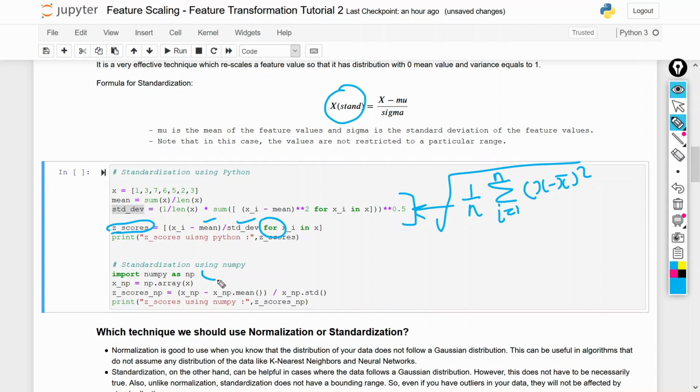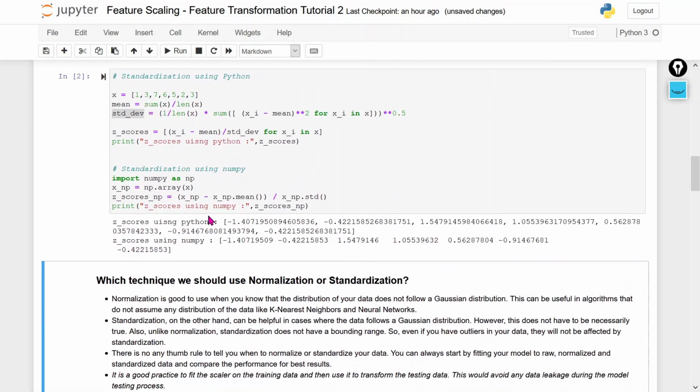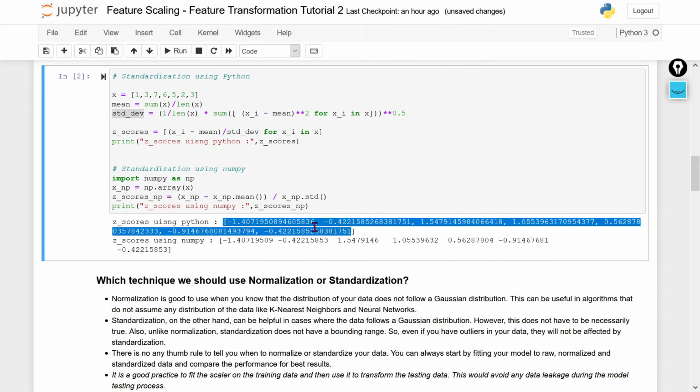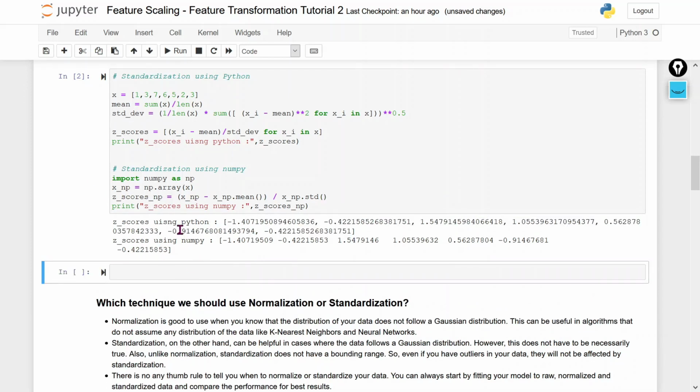The same thing we can easily do in NumPy. You can see this is your array, then this is your mean value, this is your standard deviation. Let me run it. You can see I am getting the standardized values, and these values have a mean equal to 0 and standard deviation equal to 1. Let me run it for you.